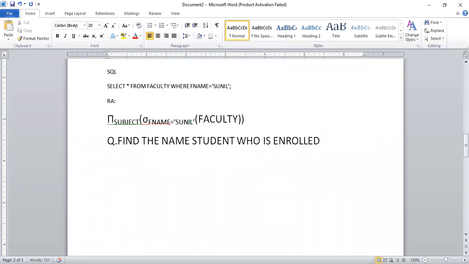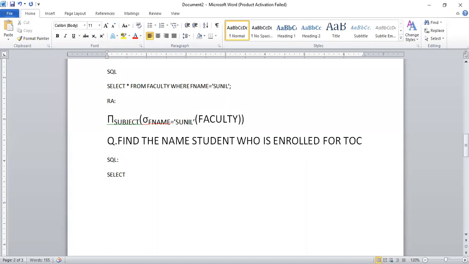So this is a complex query. Now see, this is a very difficult query. If you answer, then you will get good marks. Anyone? Go stage wise: find the names of the students. Sangeeta, are you listening? Answer yes or no, otherwise I can ask someone else. Is it difficult for you? Select star? Good, thank you. At least you are responding. Now tell me the SQL, please answer it.